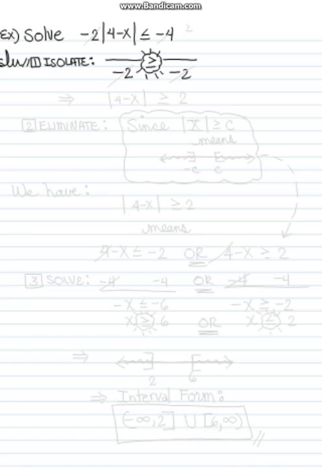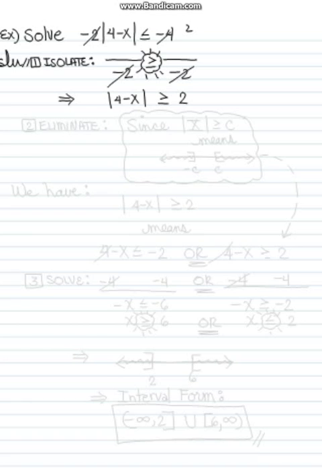We're going to divide both sides by a -2. And that will flip the direction of our inequality sign, and we'll be left with the absolute value of 4 minus x is greater than or equal to -4 divided by -2, which is 2. Okay, so we isolated the absolute value, and it required us to flip the inequality sign because we divided by